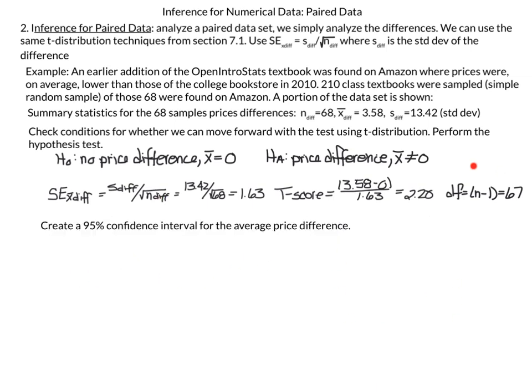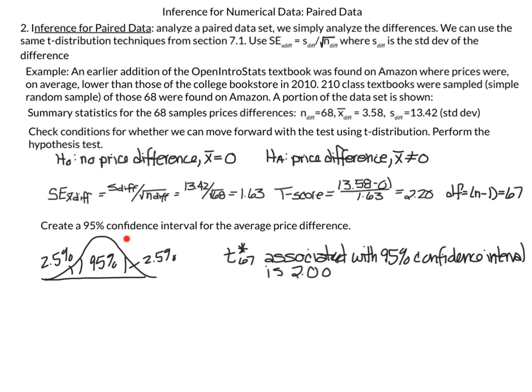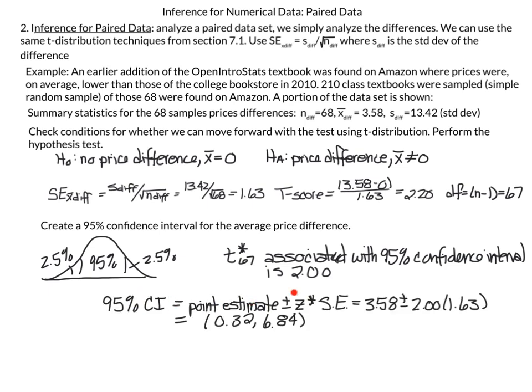So I cleared out this data, but I did keep some of my calculations here so we can create a 95% confidence interval for the average price difference. So if we want 95% of our data in the middle, that means we have 5% left between the upper and lower tail, meaning each tail is 2.5%. For 67 degrees of freedom, the t-score associated with a 95% confidence interval is going to be 2, which will then give us our confidence interval, which is going to be our mean, 3.58, plus or minus 2 times our standard error, 1.63. So we have our interval is 0.32 to 6.84. So we're 95% confident that the mean is